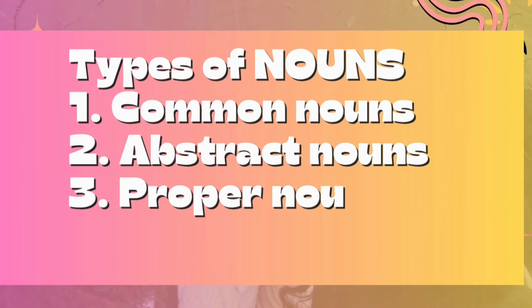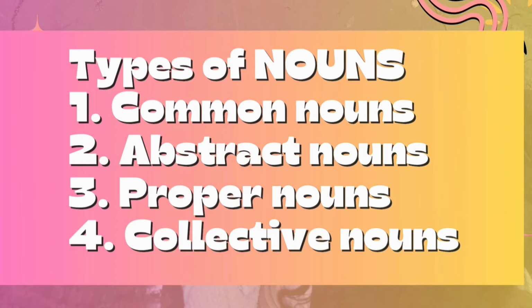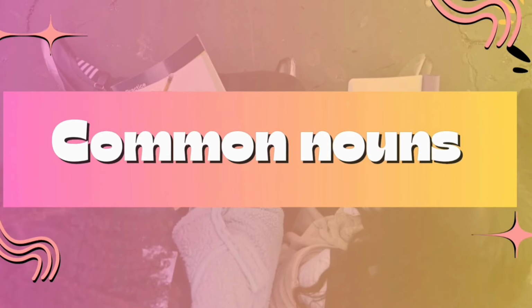There are 4 types of nouns. I know, right? Oh, English, come on. The 4 types of nouns are common nouns, proper nouns, abstract nouns, and collective nouns. Let's start with common nouns. If you can see it with your eyes, and if you can touch it with your hands, it is a common noun. So everything around you that you can see and touch,